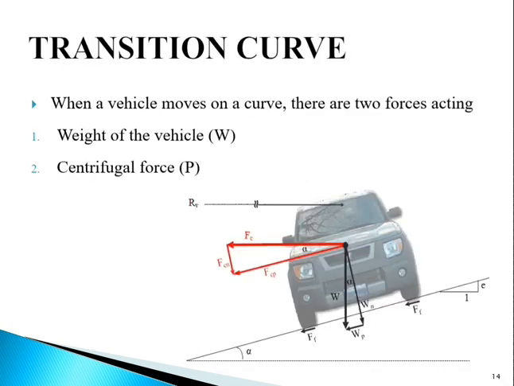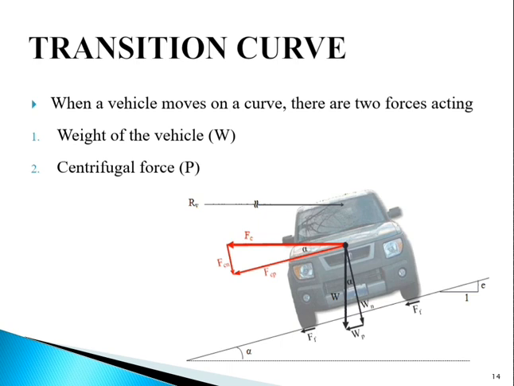Next is transition curve. Here you can see one image, but let us discuss what a transition curve is. To avoid the sense of jerking of passengers while entering from a straight road to circular curves, transition curves are provided. It also provides gradual introduction of super elevation, and it is also used for aesthetic appearance of widening of road. They are mainly designed for three criteria: comfort, introduction of side distance, and minimum length as per IRC.